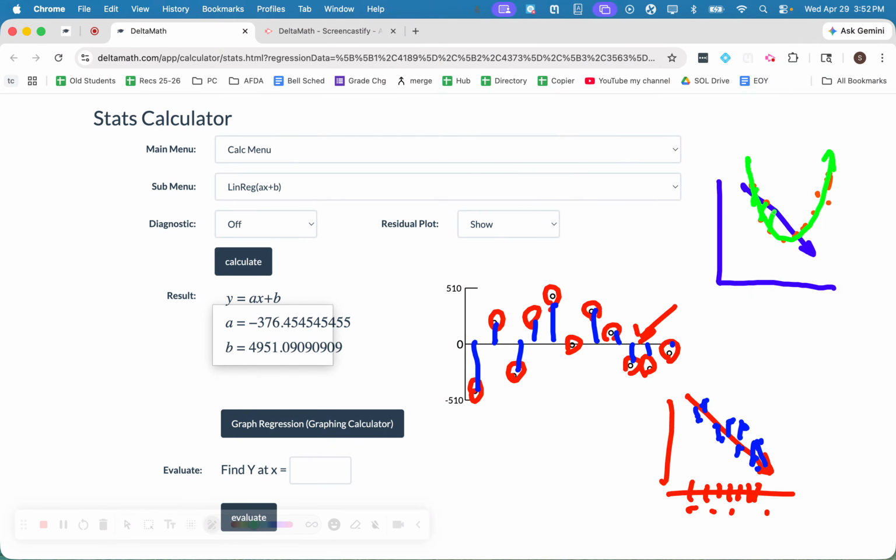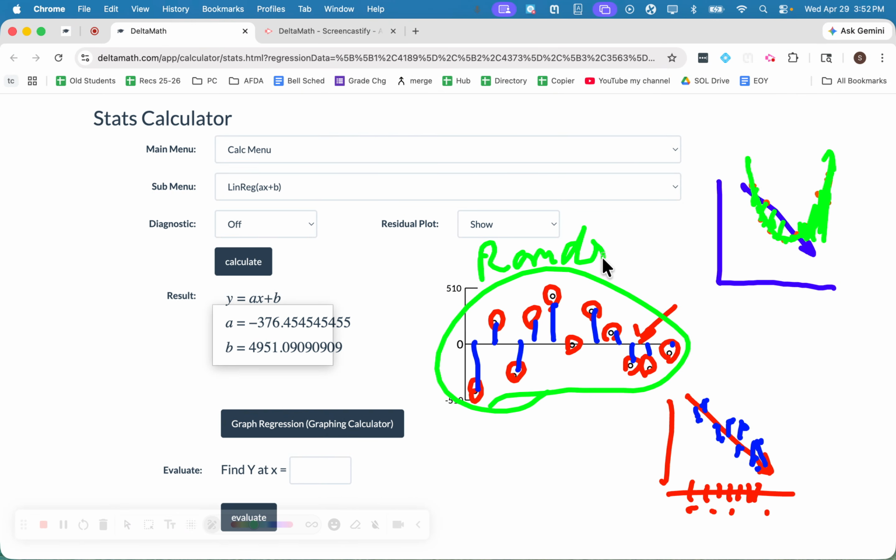So if the residual plot follows a certain kind of pattern, where it's small, then large, then small, it's not a good fit. But when it's random, that's a good fit,